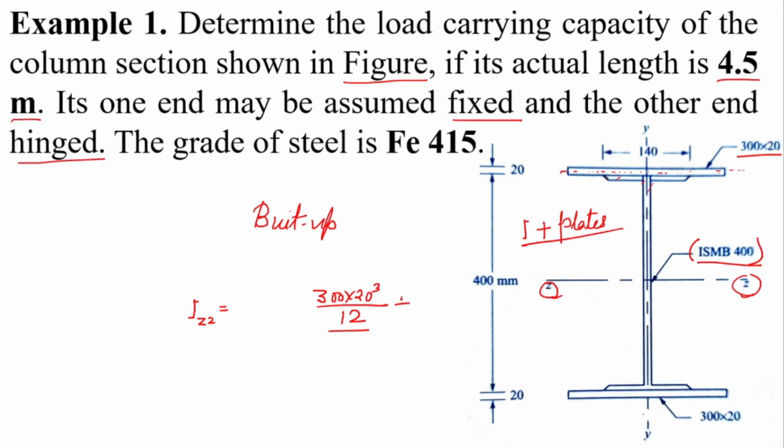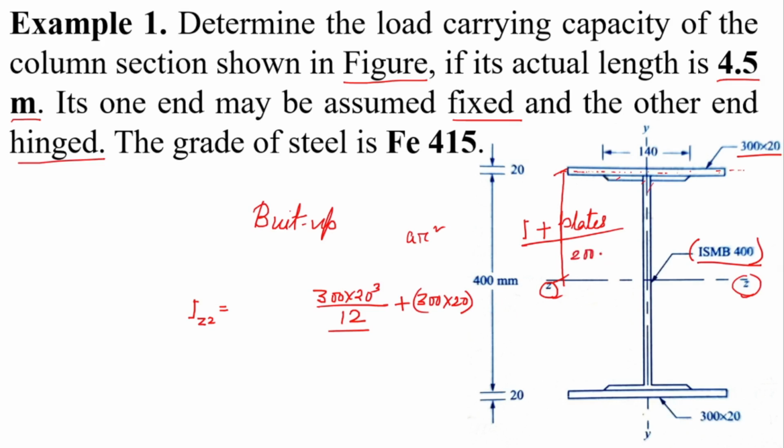So I have to sum up A into R square term. What is the area of the plate? 300 into 20. R is the distance between the own centroidal axis of this plate from ZZ, this distance. Okay, so this distance will be how much? It will be